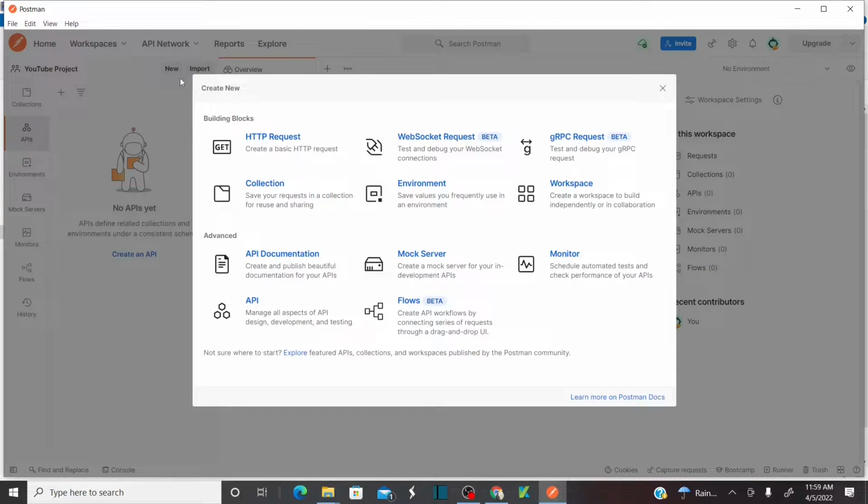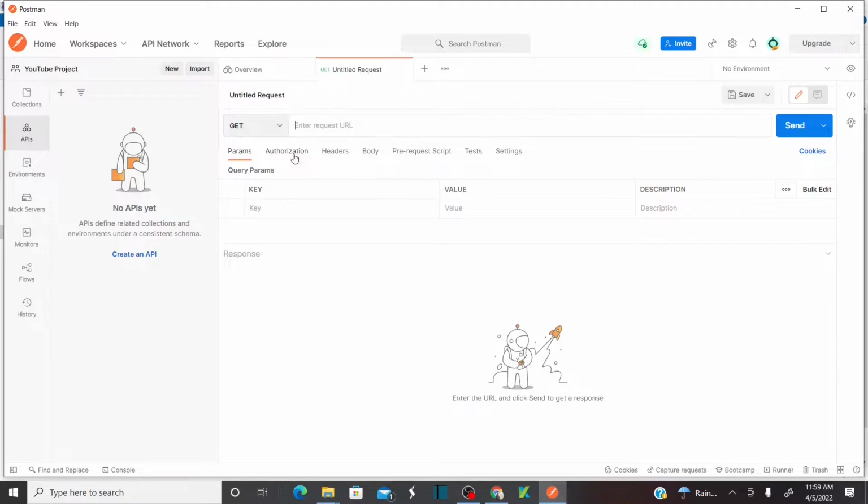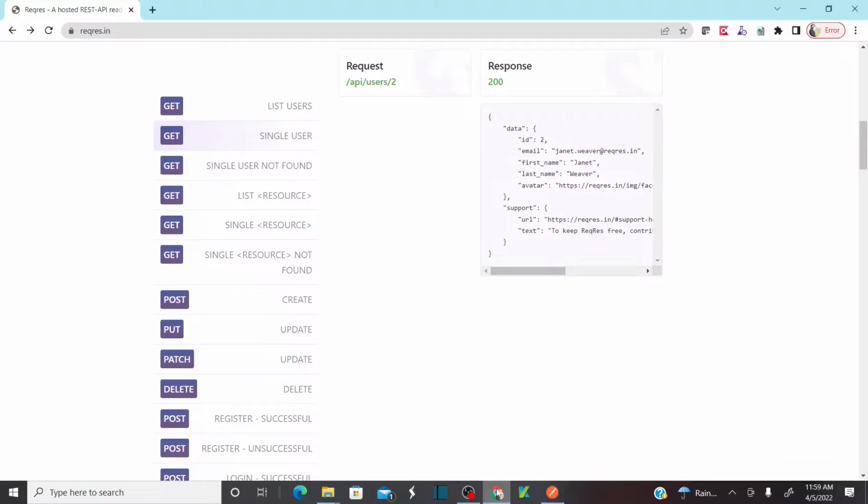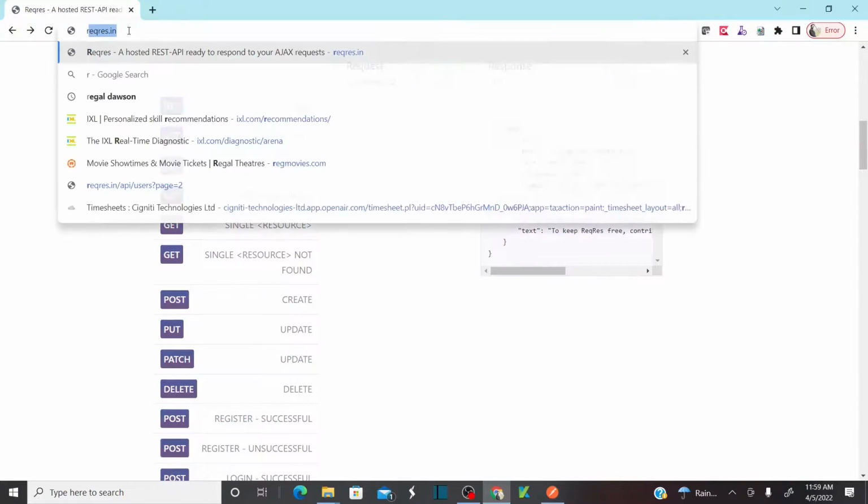Click on new, and now I don't want to create a new API, the entire development process. I want to just take a basic GET HTTP request. Okay, just select this GET HTTP request. As soon as you select GET HTTP request, now what is the REST service that I want to test by using Postman? For that, you need to just provide